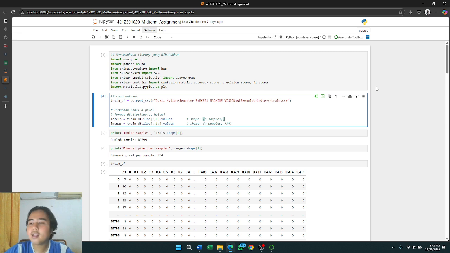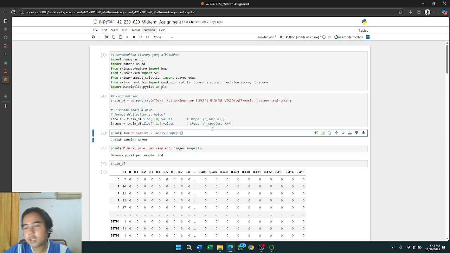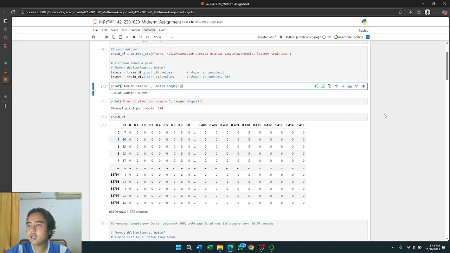Next, in this cell is a function to load and prepare the MNIST image dataset before the model training process is carried out. Continue the cells. This function displays the number of data in the dataset.